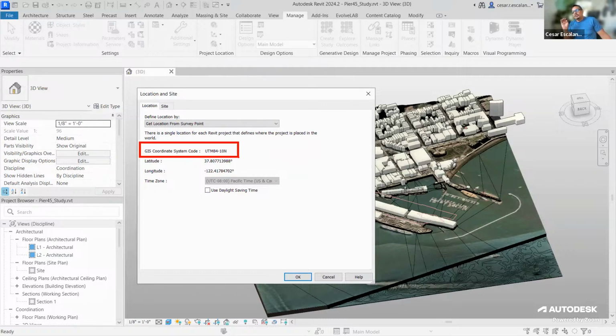And this type of precision allows you to create very exact sun analysis, shadow analysis, photorealistic representations, and